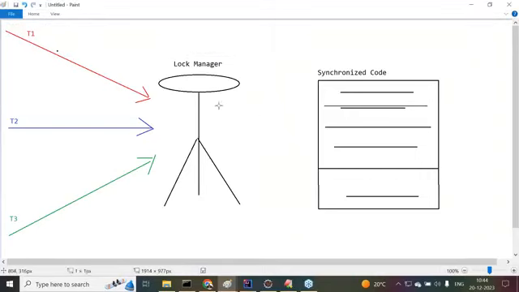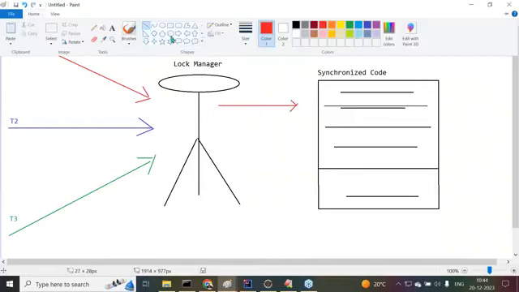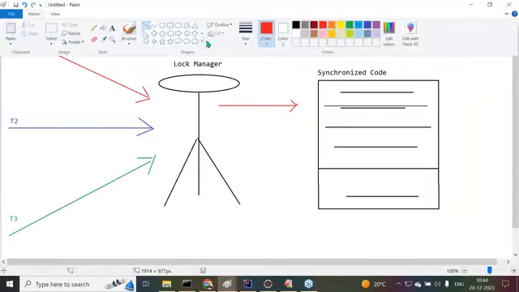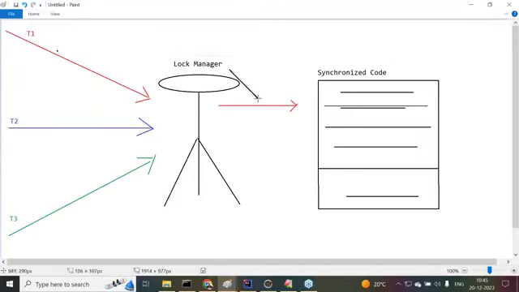For the T1 thread, it assigns the lock. The lock is assigned to T1 through some internal mechanism.